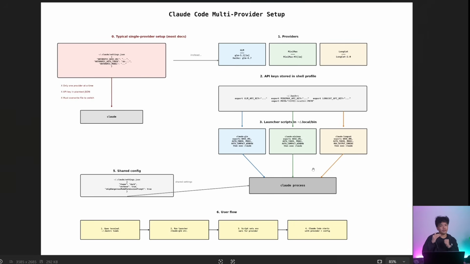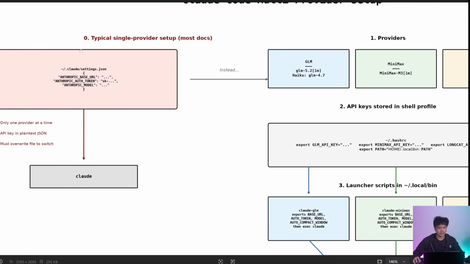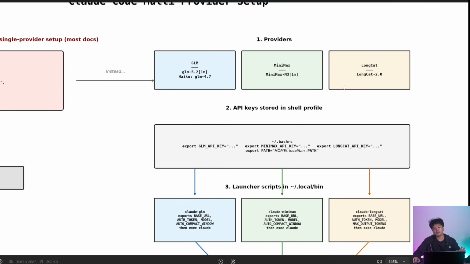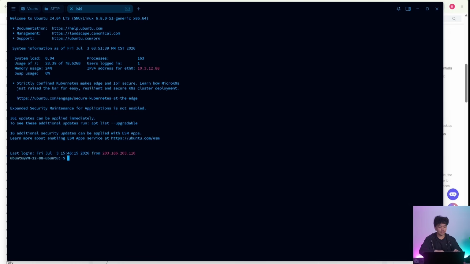Okay, so now we're going to take you through step by step on how to get this set up. So we already talked about the ones here on the left, right? The typical problem with the single provider setup. And there's no official documentation from any of these providers that shows you how to switch between different models because, you know, they're incentivized for you to use their models. That's how they make money, right? So instead, what we're going to be doing is we're going to be putting all of the API keys in the shell profile. So how you do that is you go to terminal and type nano